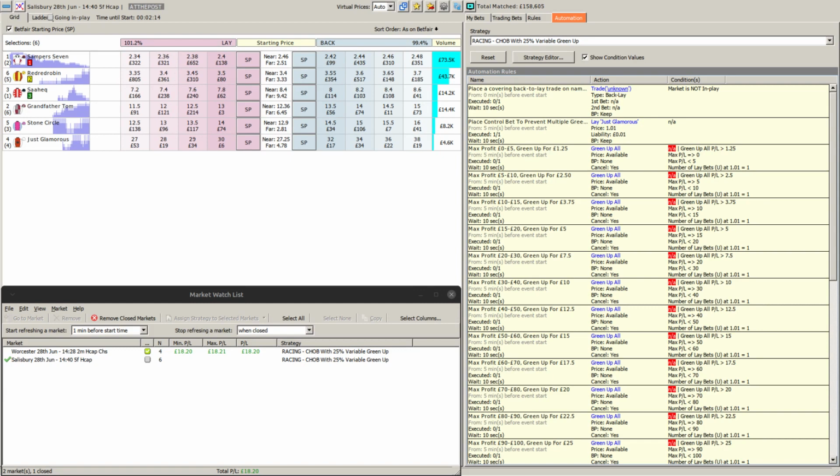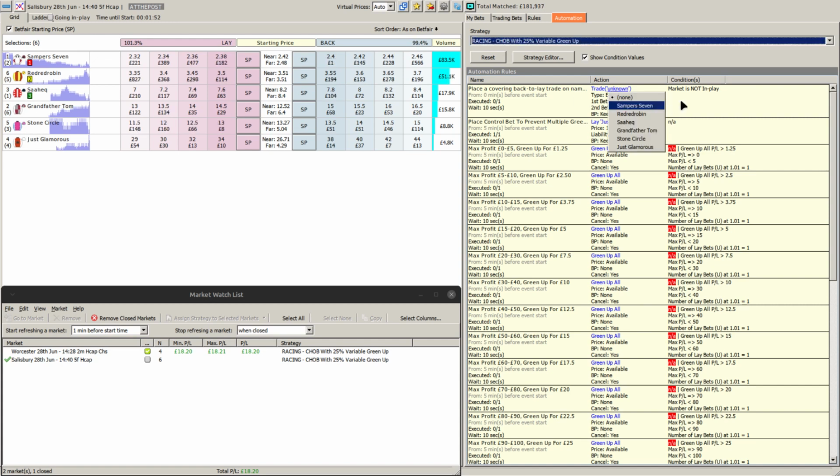I think it's time for a little experiment today, and what I've been looking at is utilizing some of the techniques within the CHOB idea, but incorporating the variable green up process. So what I've done here is simply create a strategy that takes the initial covering trade, from which I can choose my selection,